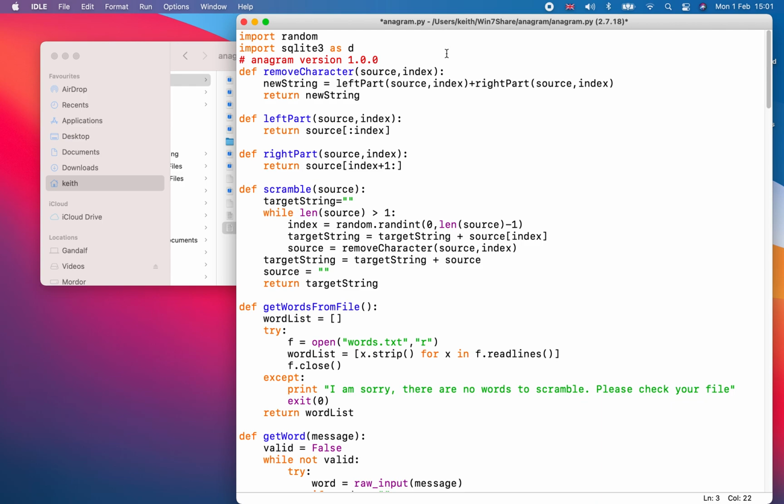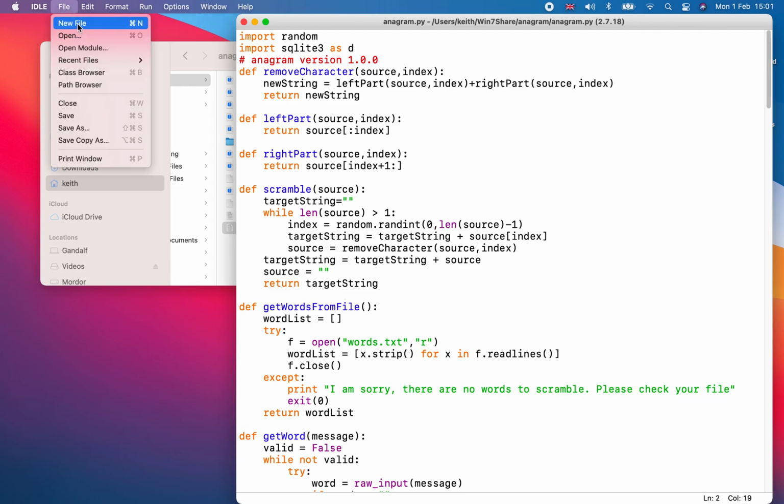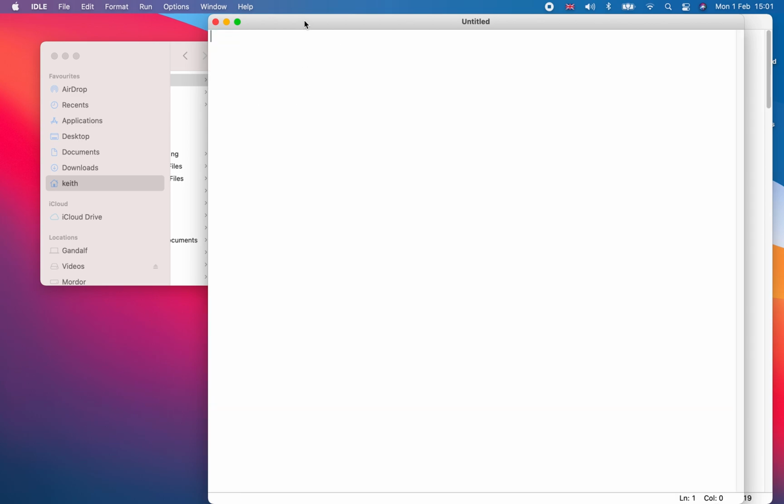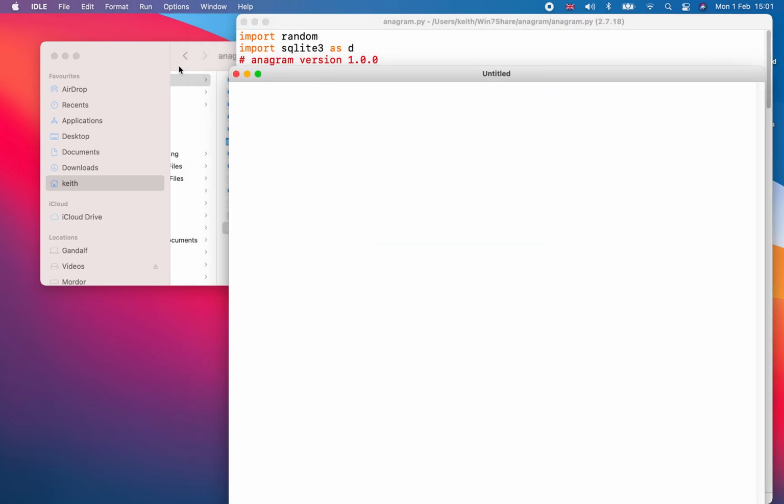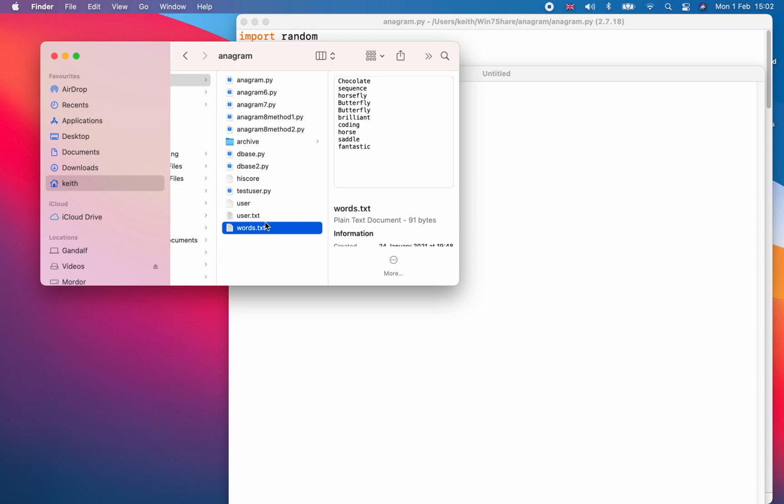But this is version 1.0.0, so I'm going to save it. Now, I'm going to create a new file. First of all, let's take a look at this. We've done this before. In here,